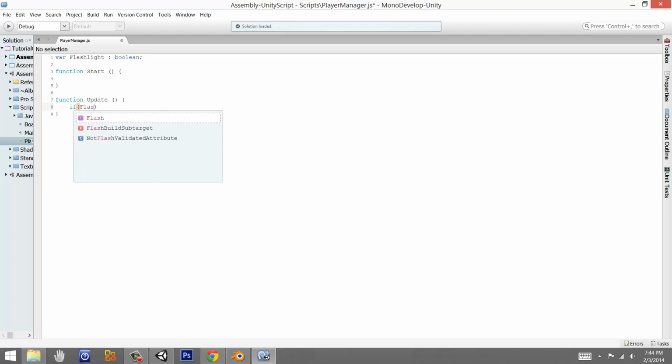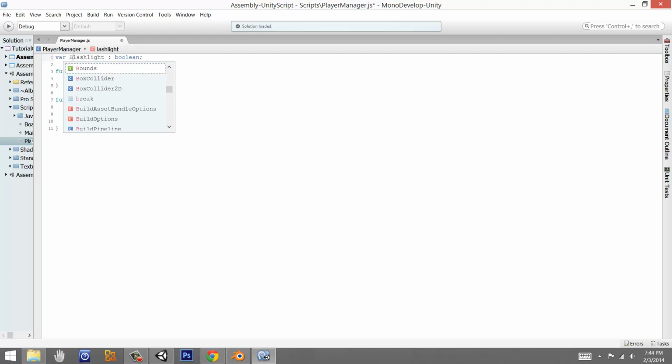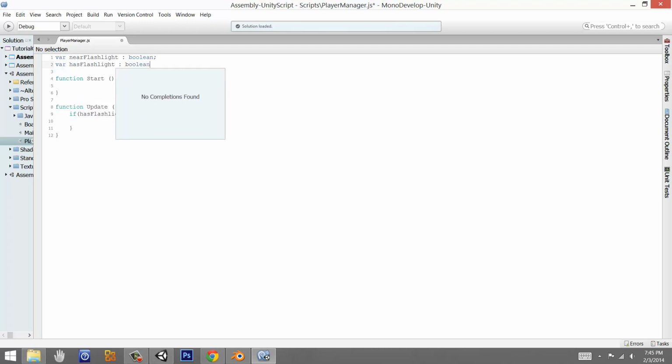If flashlight is equal to true, then let's do it like this. Okay. Let's see, there's so many different ways to do this. Near flashlight, so whenever you're near it, let's do that. Near flashlight. Okay, go away, box. Okay, near flashlight, and then if has flashlight, so that's going to be another variable. Control C. Okay. If has flashlight is true,